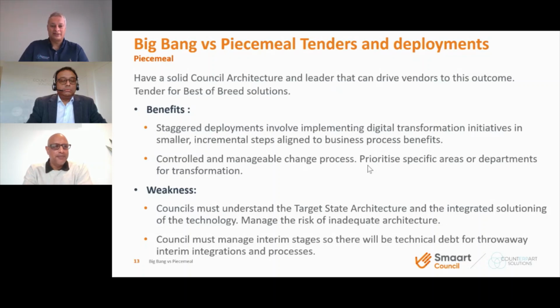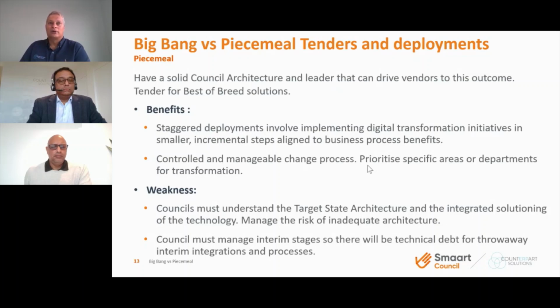Thanks, Wayne. Thanks, Dylan. Let's talk a little bit about the other one. And I couldn't think of a better term for this. I'm sure there is one, but I'm just calling it a piecemeal approach. So what we've done is we've still understood our target state as a council, but what we want to try and do is implement this at our speed, in stages that we can manage. And we'll go out to market for the best solution that fits that stage. So if you cut up that original business case that we had and you define that into groupings of capabilities, that's what you'd go out to market for.